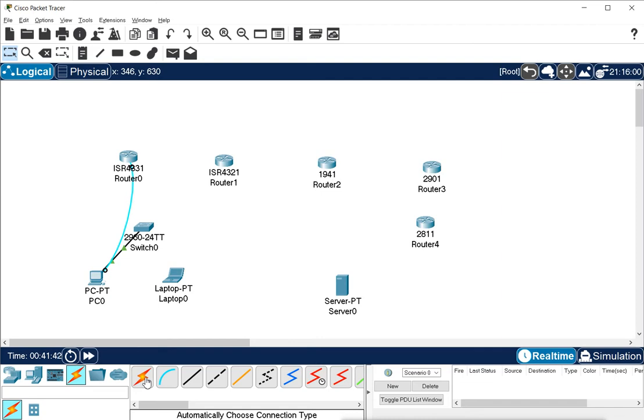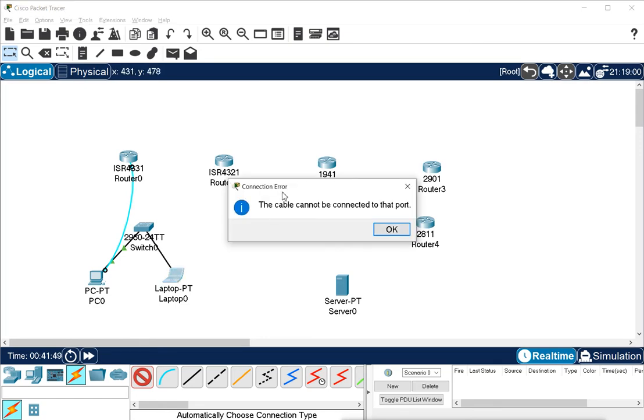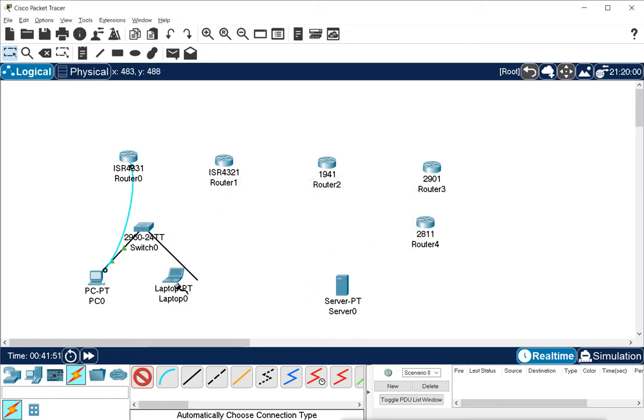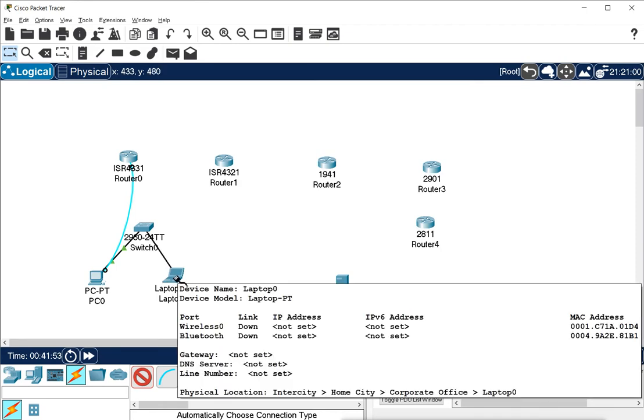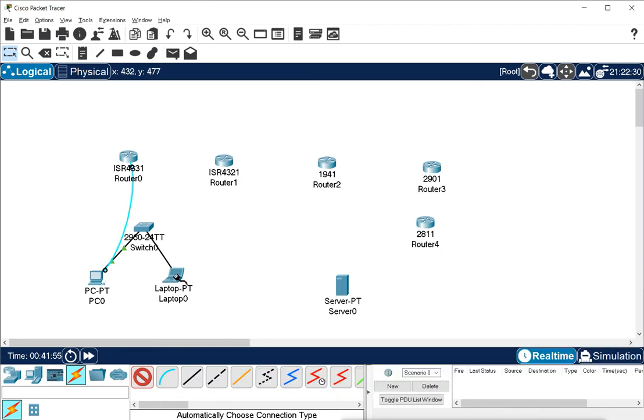I click on this, select this switch, and then select this PC. It says it cannot connect, because remember, I removed the wired Ethernet port from this PC also. So I will connect to this router. Now it automatically selects the port.